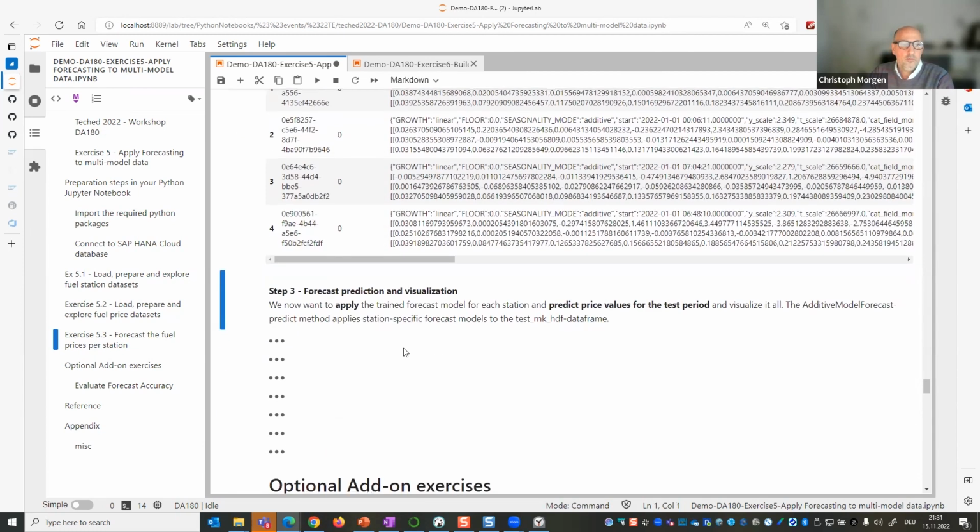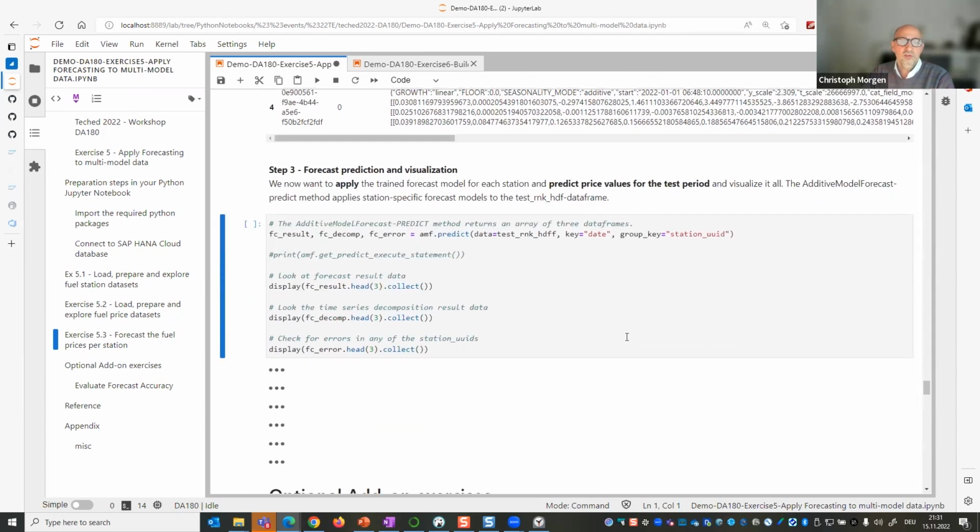And if I would now want to forecast using those models, I can use my test data frame, which we have created before, use the predict method, and using that predict method again in parallel for each station ID using the individual models, then